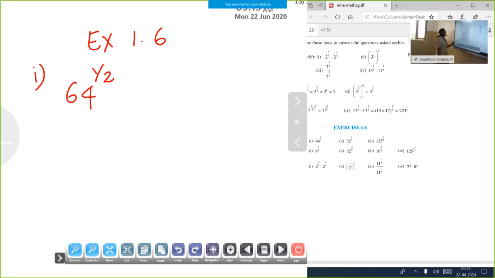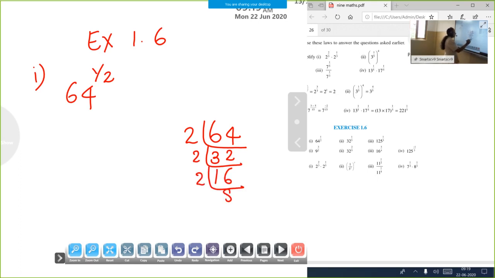How do we find the value of that expression? First, we factorize 64. You know how to factorize 64. In the working column, all of you factorize 64. Divide by 2 since it's an even number. When you divide 64 by 2, the answer is 32. Again with 2, it's also an even number. Divide by 2, the number becomes 16. Again with 2, then 4, again 2, until you get the number 1. So how many 2's are there? 1, 2, 3, 4, 5, 6 twos are there.